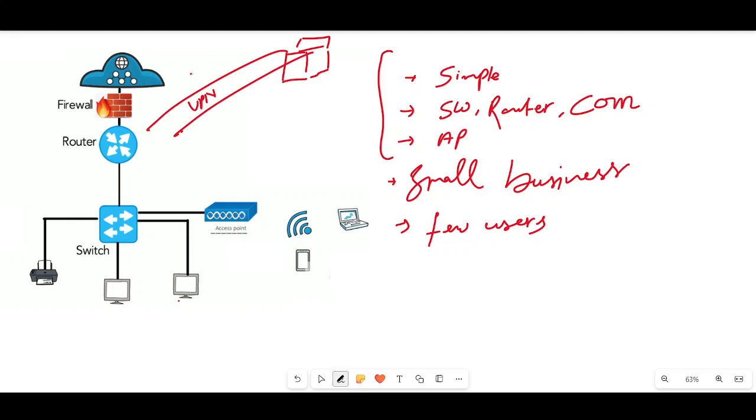This is the whole introduction, the whole view, the whole understanding about Soho. And you should understand what we can use to set up a small office. We need an internet connection, we need a modem, a router here.